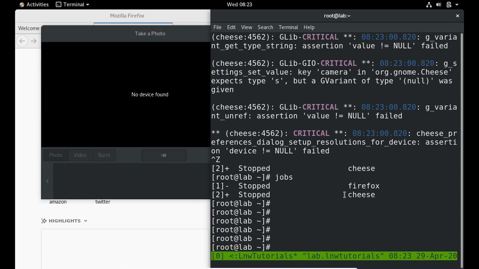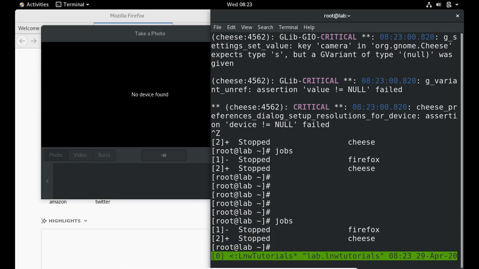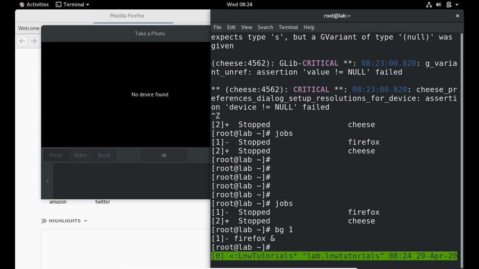But I don't want to do this. Just hitting jobs, firstly I'm using bg to run Firefox in the background. I hit the process number from the jobs list, because I want to run Firefox in the background.